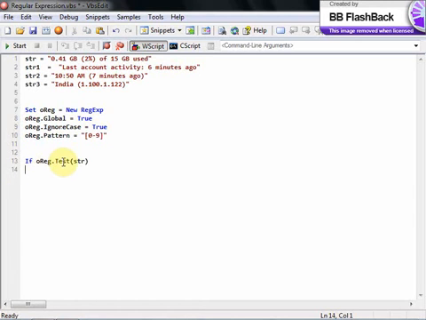Then I say rx dot test str. That means in which string you are looking, and what you are looking for is the pattern. This pattern looks for exactly one digit number, 0 to 9 in the square bracket. So the test method will check whether any digit is available in this particular string str. If so, it will return true, else it will return false. Then, if it equals true, what I am doing here is a message box: